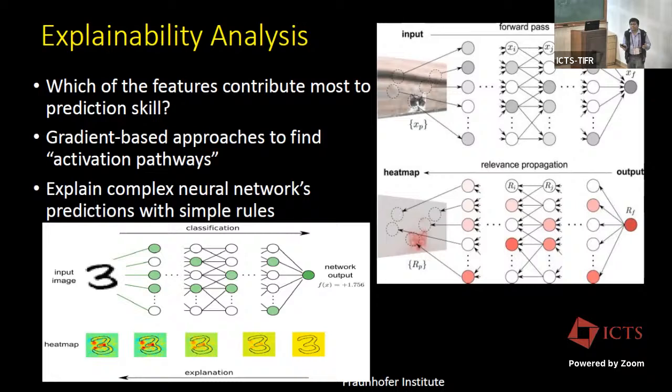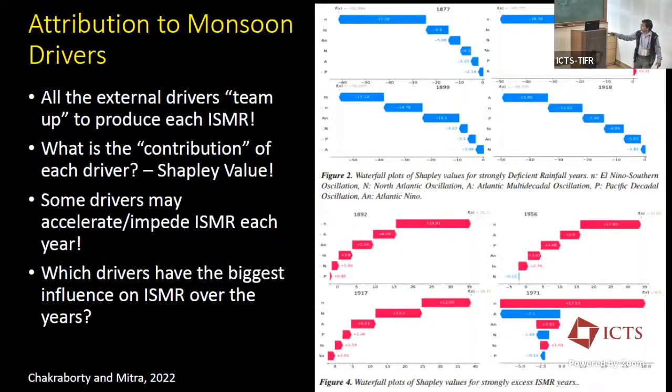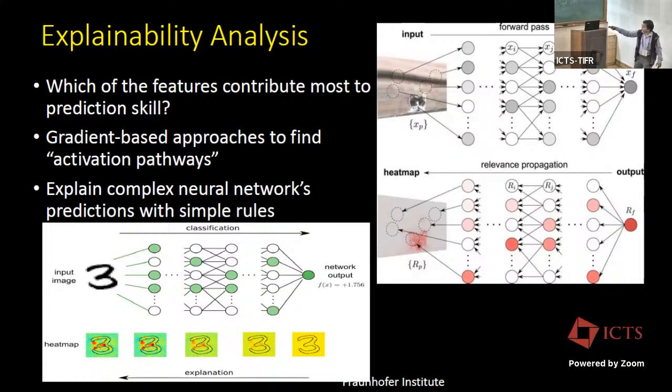So can we represent some kind of causal pathways? Can we say that ENSO has a direct causal impact on some other phenomenon, which in turn has a causal impact on monsoon? And then is there some feedback network, like ENSO impacts monsoon, but then does monsoon also impact the next year's ENSO in some complex ways? So finding out these kinds of relations is called causal analysis. There are machine learning models which can do it.